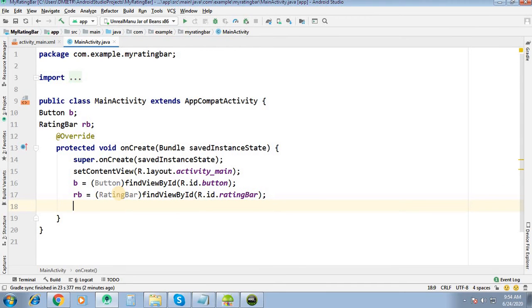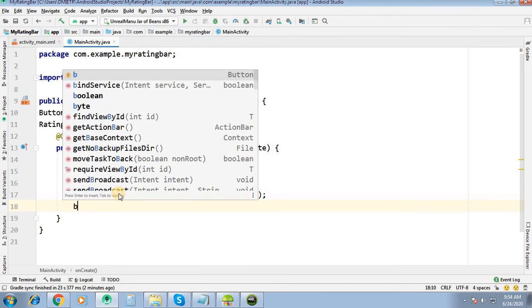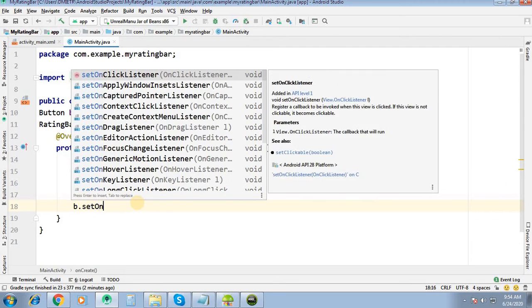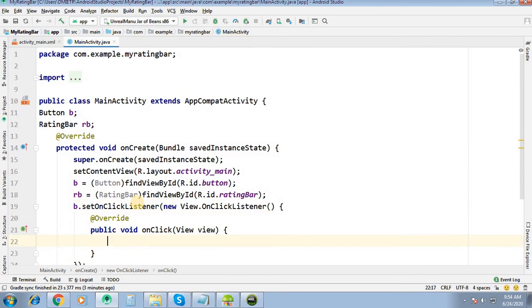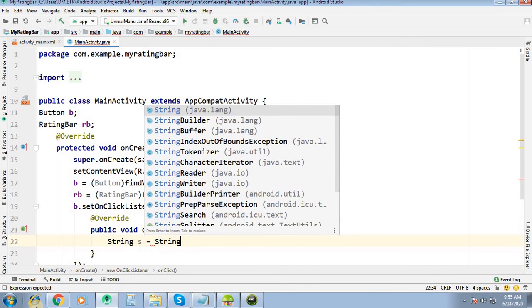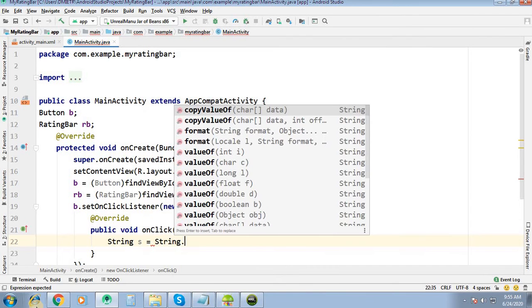Now simply apply the on click listener to the button. B.setOnClickListener, new OnClickListener. So now create a string object, String s equal to String.valueOf.